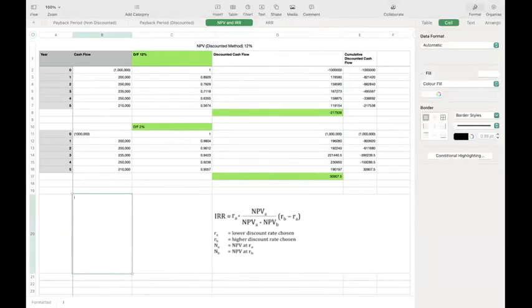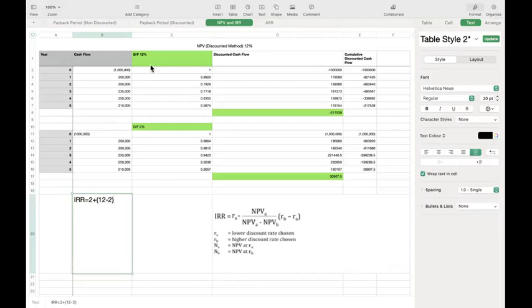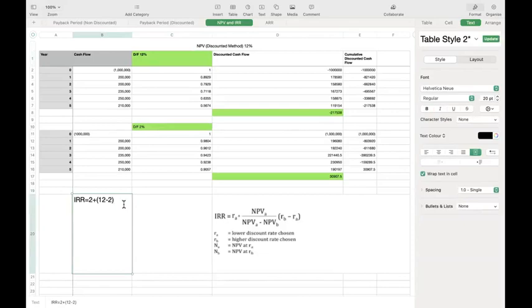IRR equals RA. I'm just going to write the discounting factors first, which is 2, plus, within brackets, the highest discounting factor minus the lower discounting factor. Our highest discounting factor is 12%, whereas our lower discounting factor is 2%. And then that is multiplied by NPV at RA, which is our lower discounting value. So that is